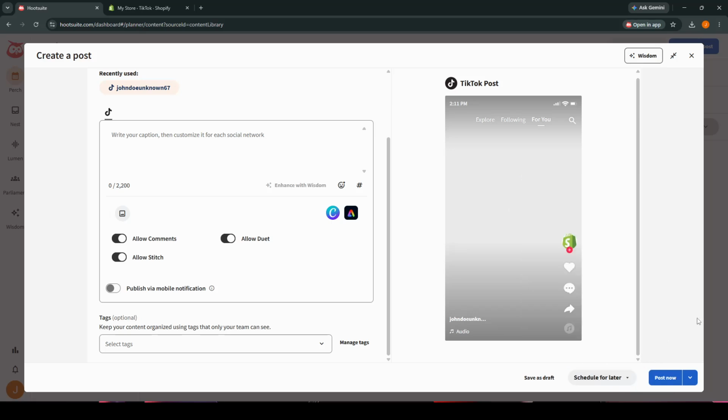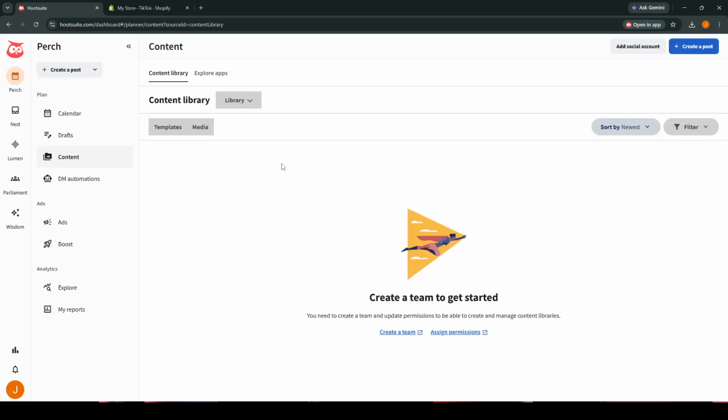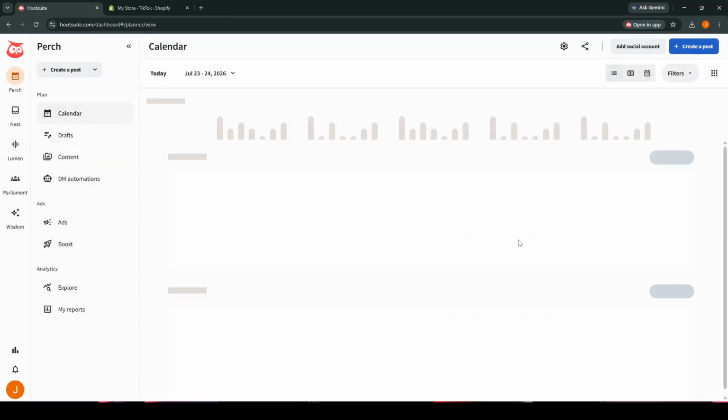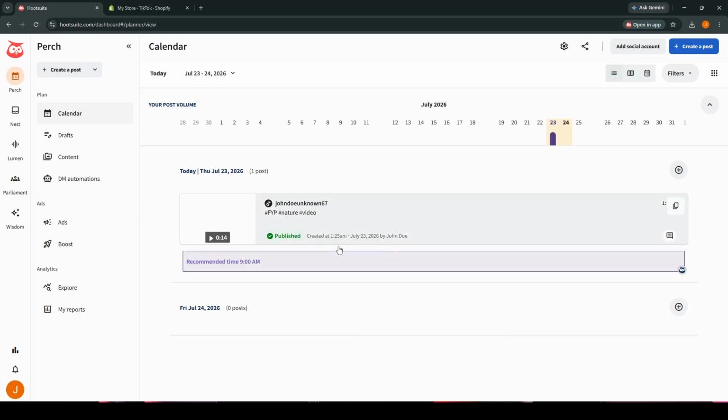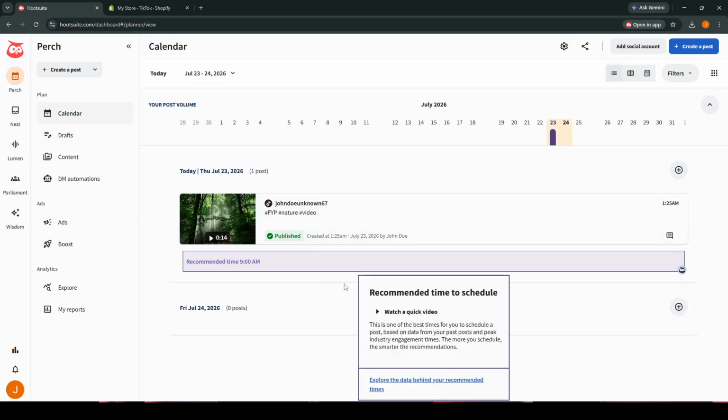After you click Post Now or Schedule, you should see a confirmation that the post has been published or is set for the selected time. If it is scheduled, the scheduled status should be visible in your calendar or in the post list, depending on how your Hootsuite layout is set up. At this point, the tag you selected should remain attached to the post, allowing you to find it later using